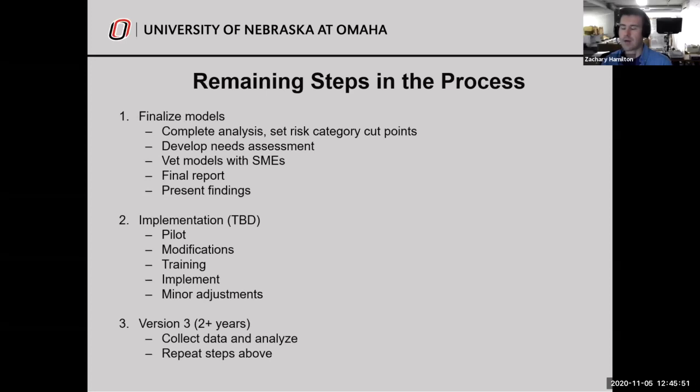Finally, point 3 here, this would happen probably 2 or more years away from now, is that you would collect data on that newly implemented tool. Like we said, we're creating it on a matched sample, so it's a Nebraska-like sample. It's youth that look like your population, but after you've collected data using your own population, we could then take that information and recalibrate the tool into version 2, utilizing your local Nebraska youth sample to train that model. We would then repeat those steps above, although it would go a little bit quicker and make some less dramatic adjustments as we go forward.